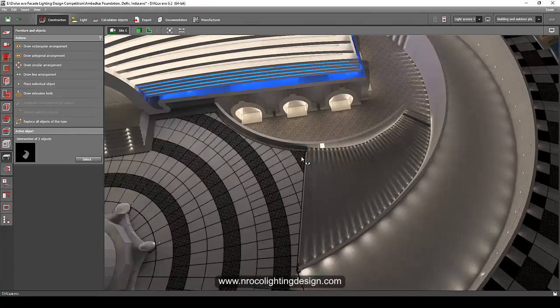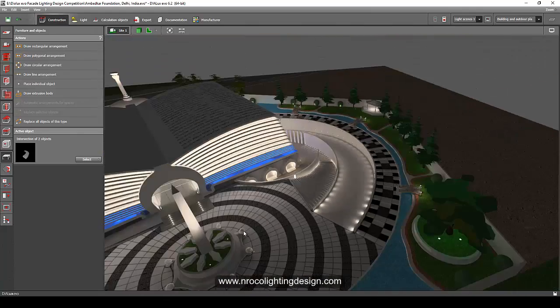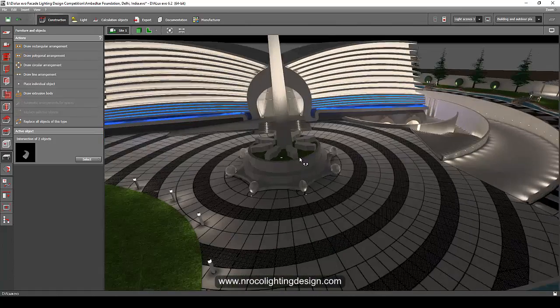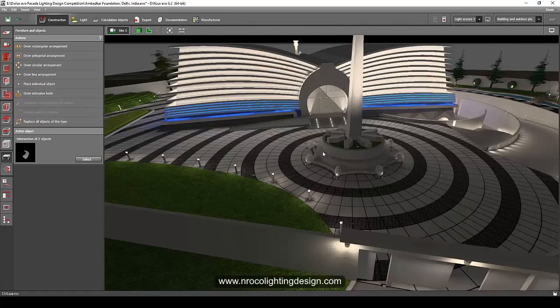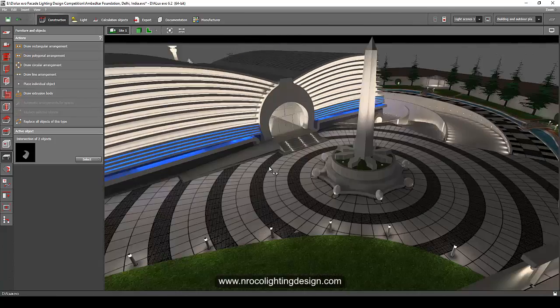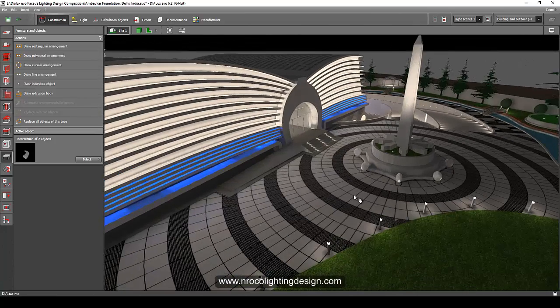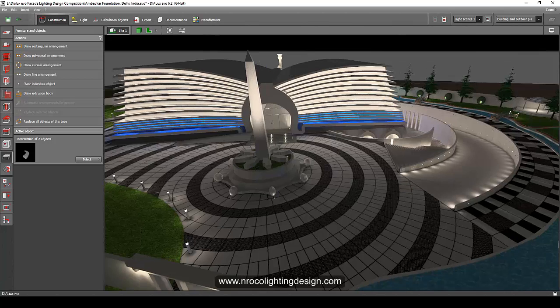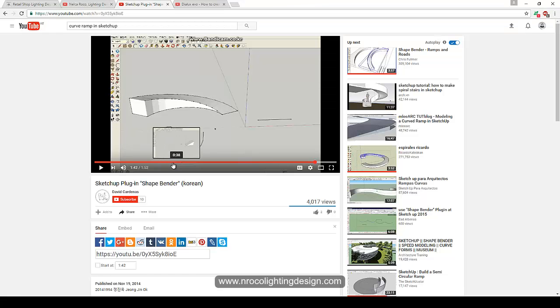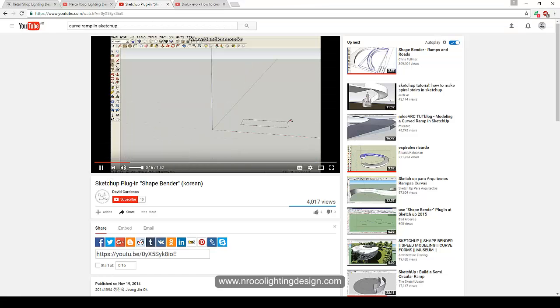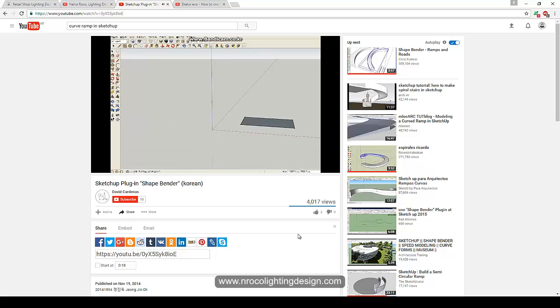But if you want a perfect ramp, then go and do it in SketchUp and download or install the plugin called Shape Bender. I will show you very fast how the Shape Bender looks.